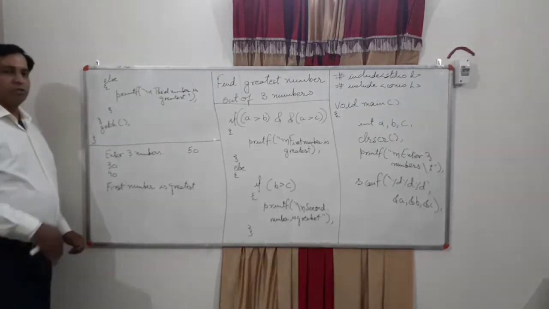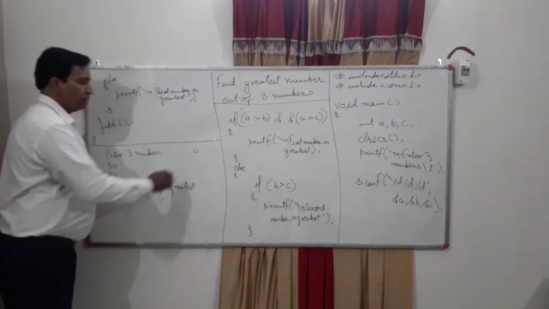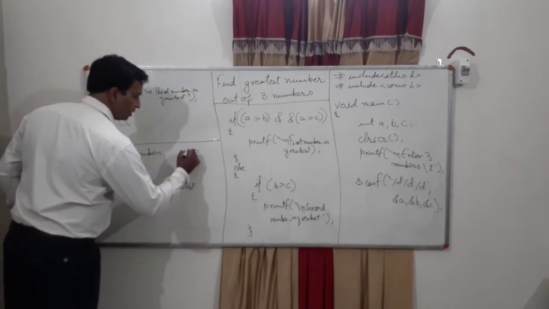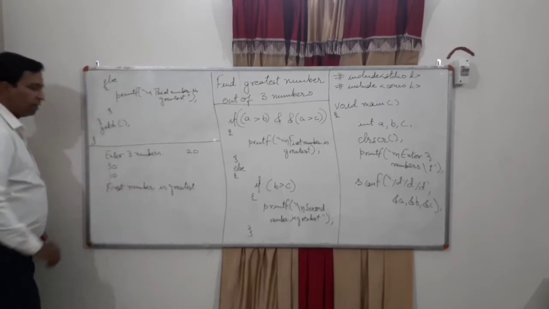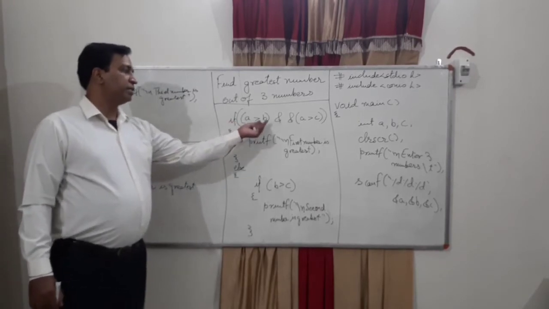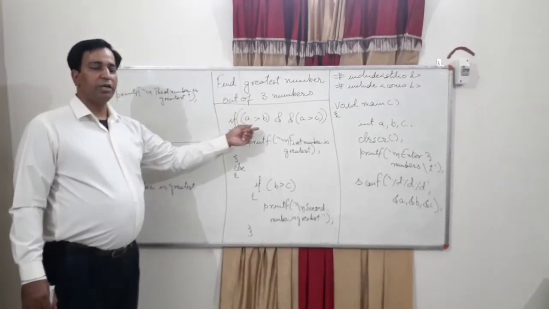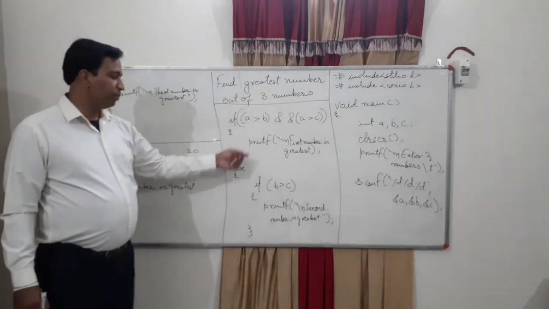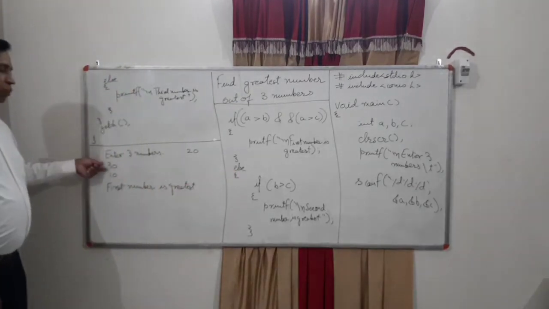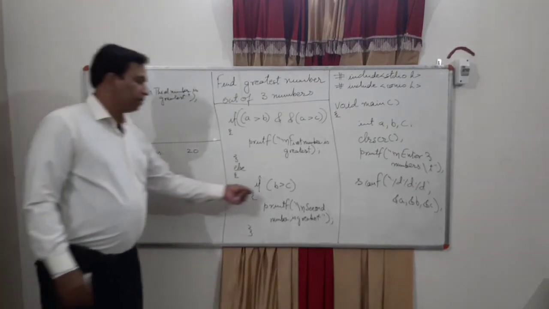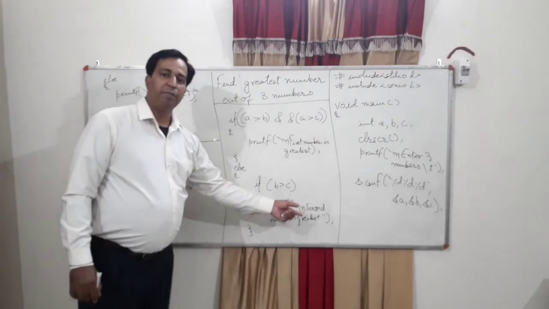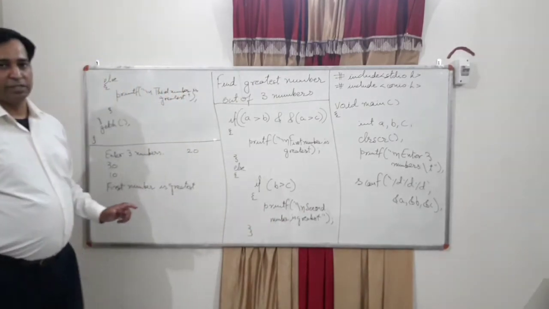Okay. Now check the other number. Check the next case. Supposing in the next case, the numbers given were 20, 30 and 10. Right? Now here what we are checking, 20 is greater than 30. This condition comes false. So your control will be shifted to else statement. Now B and C. B is holding 30 and C is holding 10. 30 is greater than 10. This comes true. That means second number is greatest and program exits there.